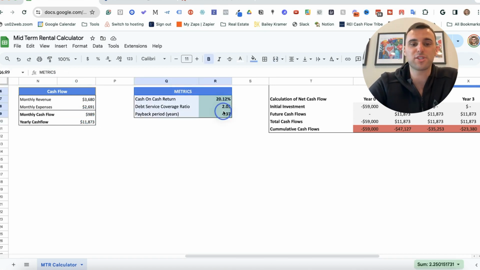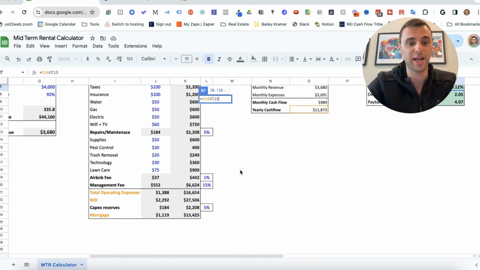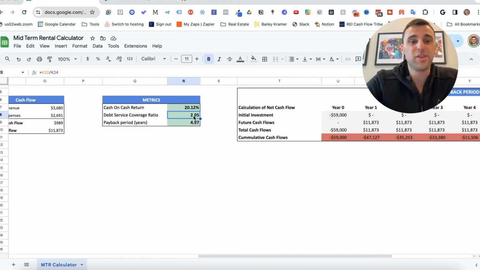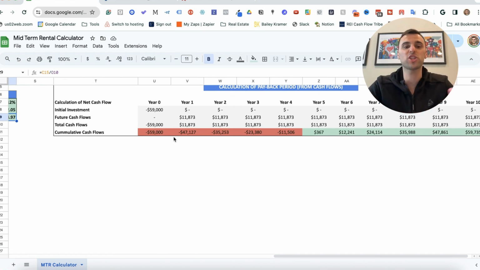And then the metrics tab is going to show you the cash on cash return, which if you also double click on it, you'll see how it's being calculated so you can understand it even more. The debt service coverage ratio and the payback period. And then if you scroll even more to the right, there's a whole chart showing you what this whole payback